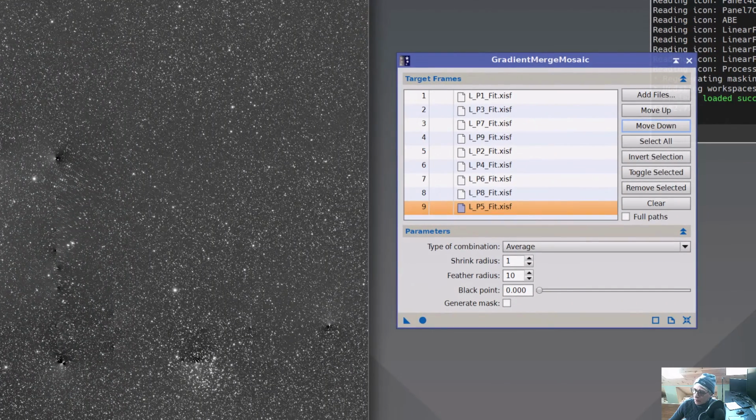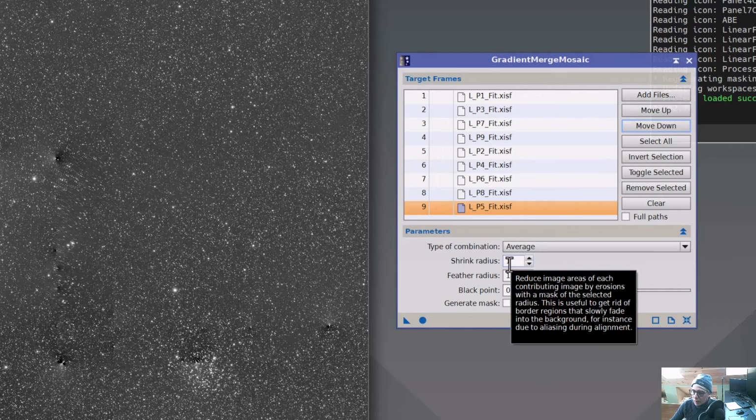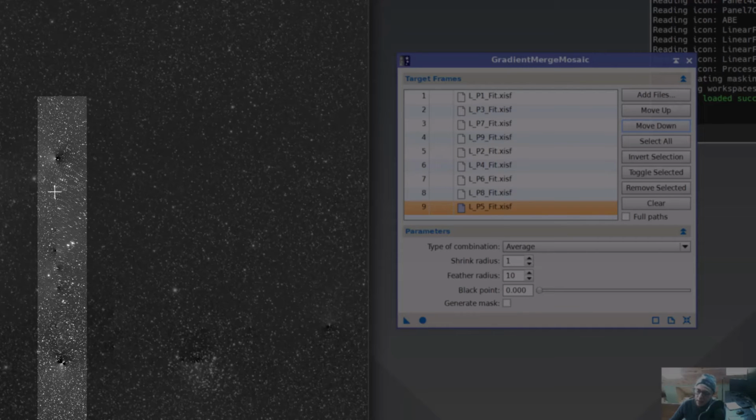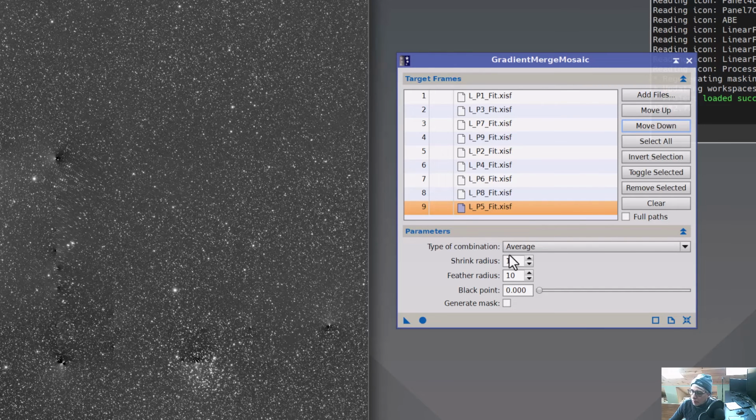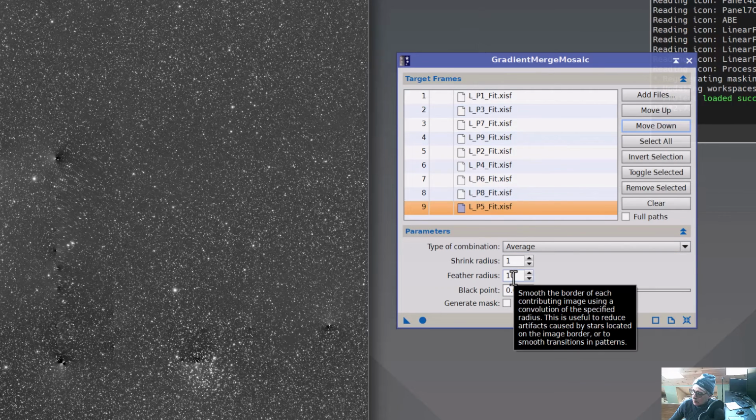And one of the things that we can adjust is the shrink radius. And we would do that if we see seams that are kind of disrupted from panel to panel, and we want to increase essentially the micro cropping around those panels, eliminating edge pixels and hopefully getting better data to merge on. I find that this actually isn't really impactful for this data set, not nearly as much as the feather